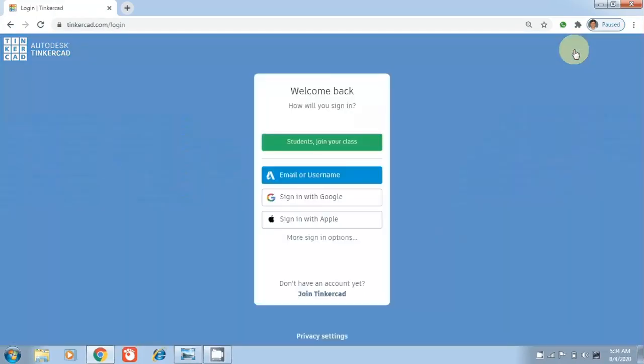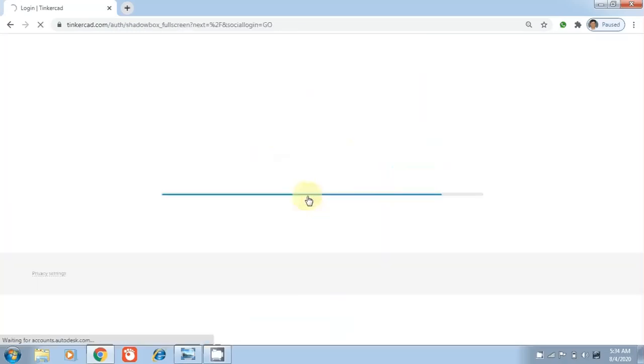You may have multiple options. You may log in with your Apple sign in, but we log in with Google, as I already have my account on this site.